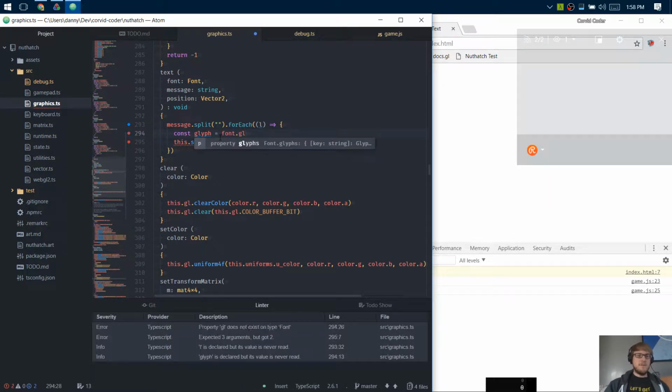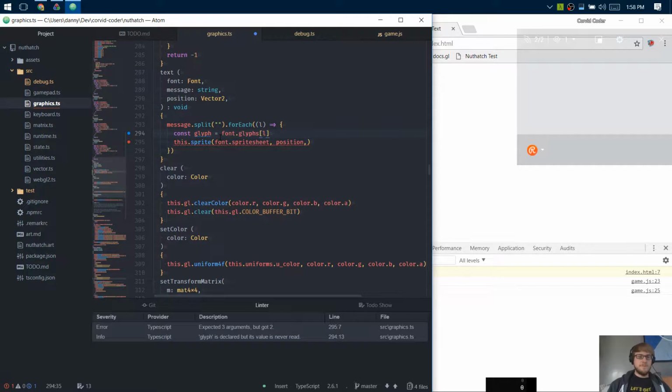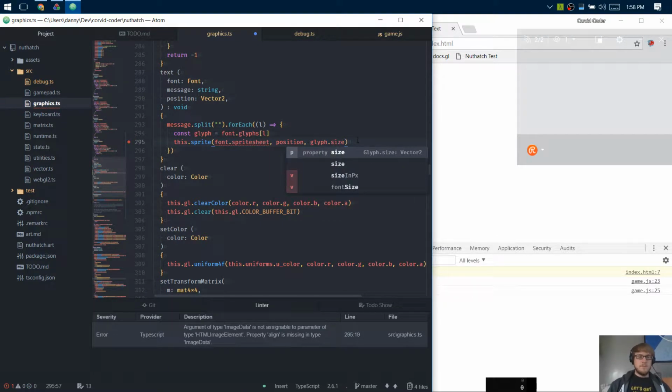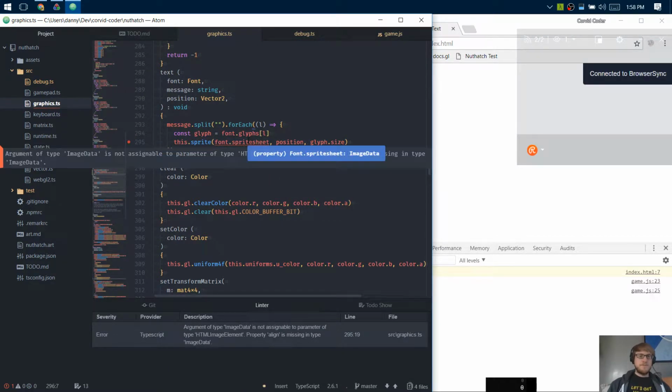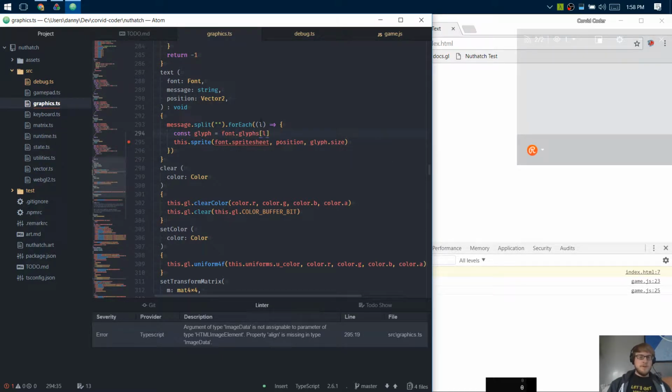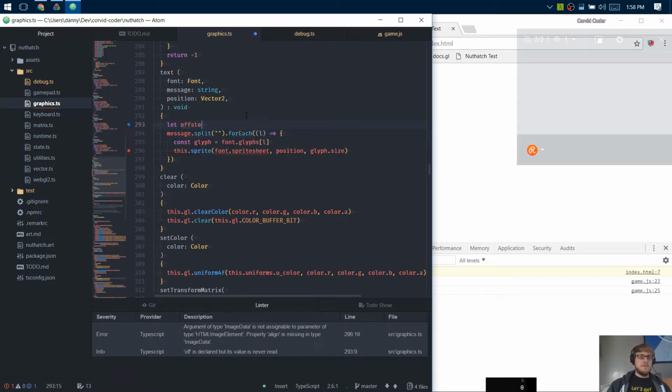Equals font.glyphs of L. So it doesn't support image data yet. And then we also need some notion of an offset. So position's going to change. Position also needs to be